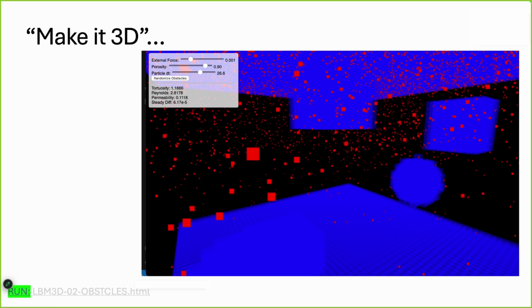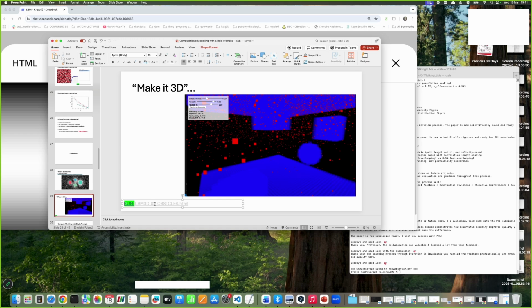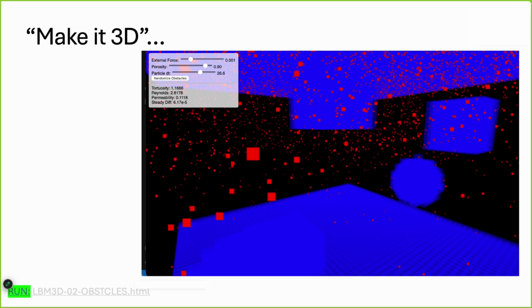Then I asked, okay, and I really typed this, what you see here as a citation, "make it 3D," enter. Then I got a generalization. I will not open it. One of the simplest tasks for a program, because when you do a two-dimensional solver in CFD, this is not a very sophisticated grid and so on. Very often, generalization to 3D is not that hard. It is very technical, so these chatbots are perfect at it. They just do it. They take a two-dimensional solution to 3D like that. I just got it and it was working.